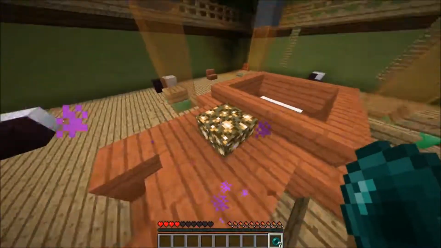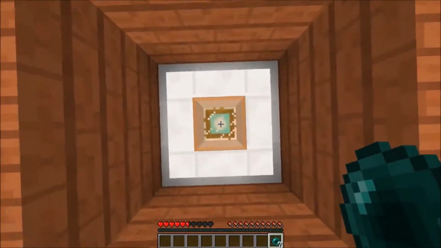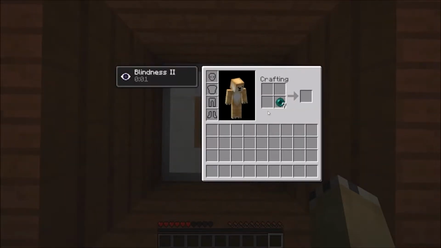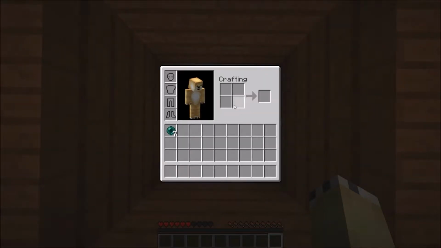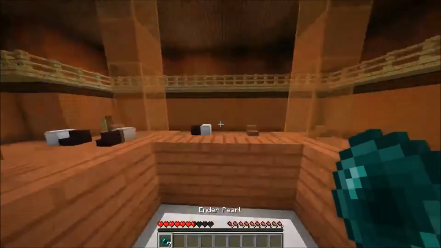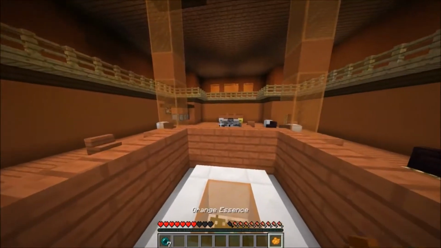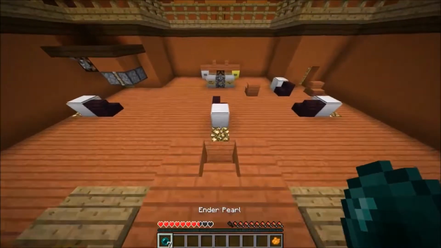So that's good. Now the teleporter is activated, so you just go there. But you want to preserve your items like that. So you just put your ender pearls in your crafting grid, and you should be good. Now what I do, grab the orange essence first, because you need that to defeat the map, to beat the